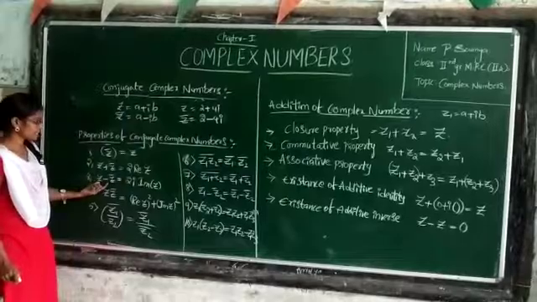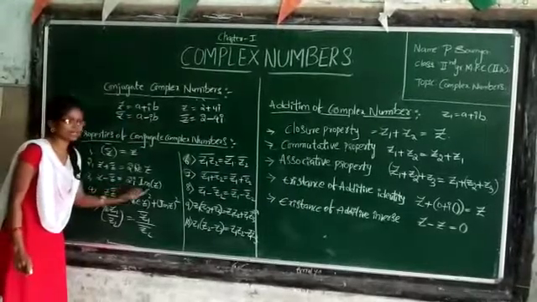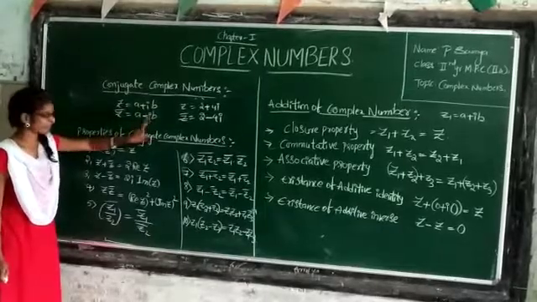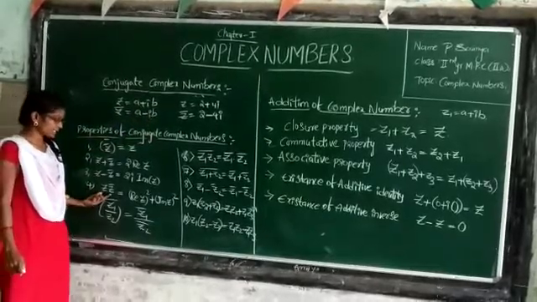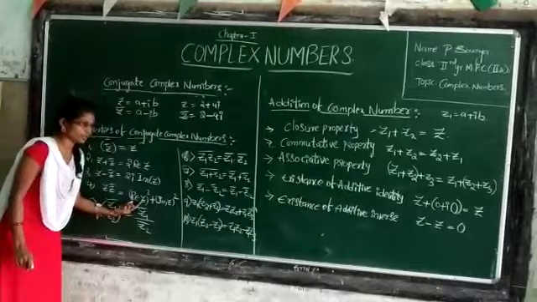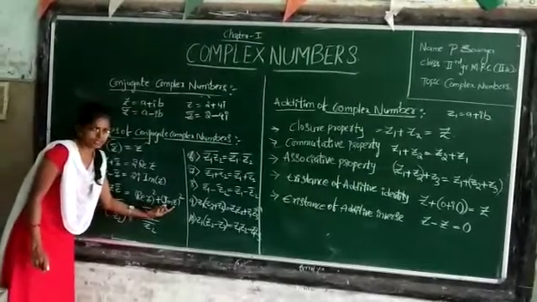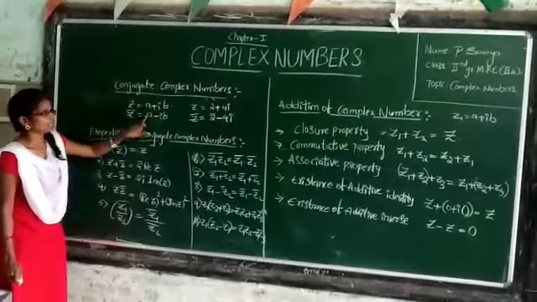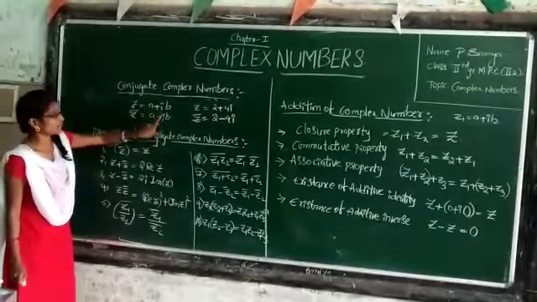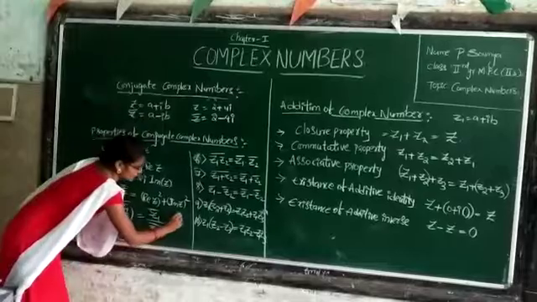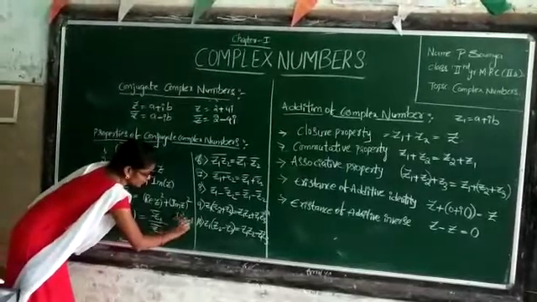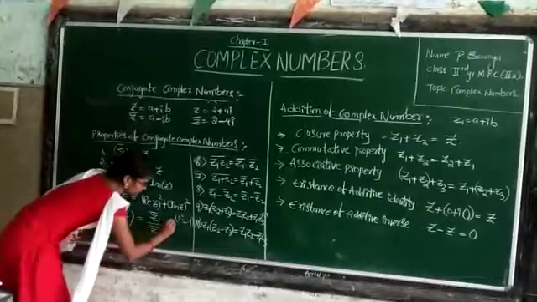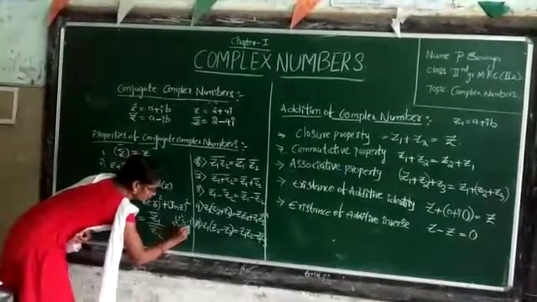Okay. Next, z minus z bar is nothing but 2i times the imaginary part. If these two cancel, again you will get only that. Next, z into z bar, that is nothing but what? Real part of z whole square plus imaginary part of z square. If you multiply these two, you will get a square. i square value is how much? i square is minus 1 only, so minus times minus gives plus a square plus b square. You will get a square plus b square.